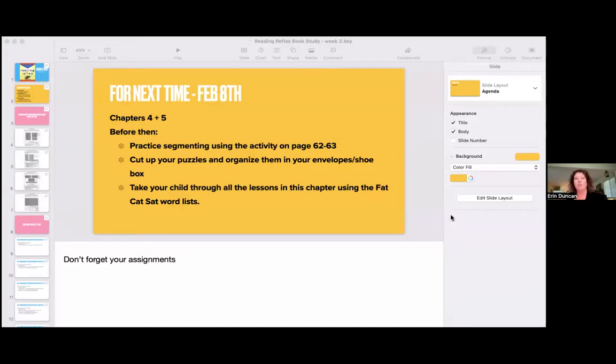So in great, for example, the sounds are g, r, a, t, right? In float, you have two separate consonant sounds at the beginning, f, l, o, t. In drip, you have two separate consonant sounds, and some students are going to want to say j as the first sound if you try to pull it apart. Drip, right? So we're going to teach them to segment really beautifully, and we would want to say for that one, d, r, i, p.